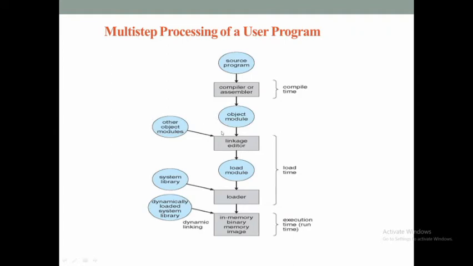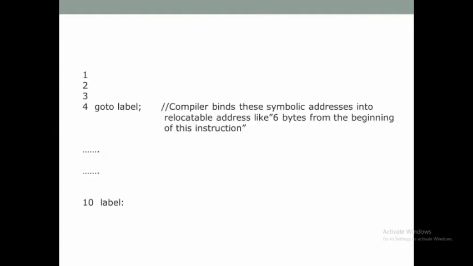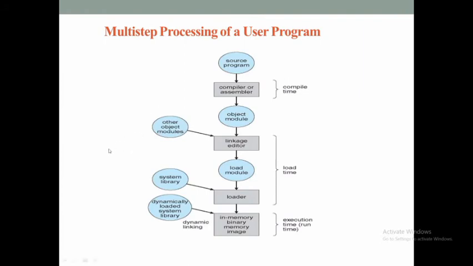That combining is done by the linkage editor, and then the resultant object module is fed to the loader. The loader will link that resultant object module with the binary image of the library files required by the program, and then may load the program into memory for execution. Sometimes this linking of the program object module with the library files might actually be done during execution time. That is also possible, and that is called dynamic linking. So this shows the processing of a user program in general.